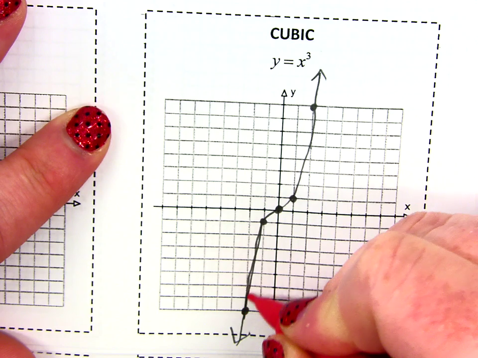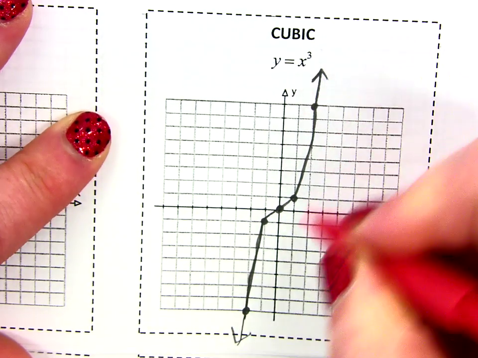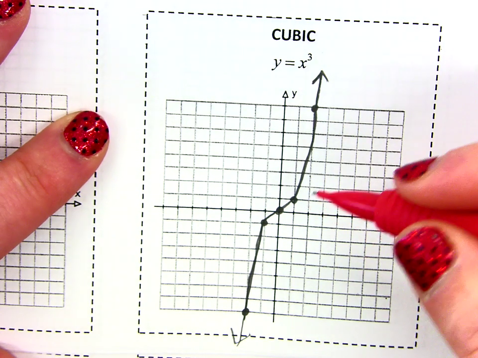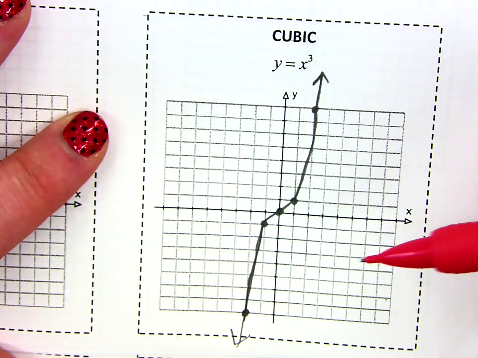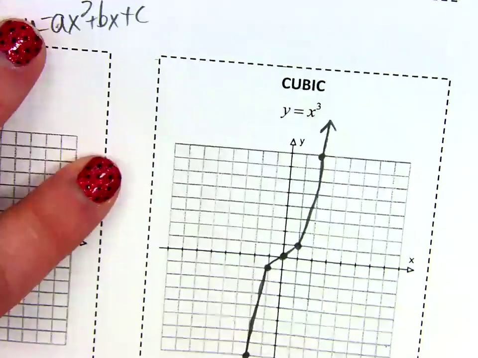So do you need to memorize this? No, but you need to be able to recreate this just like we did. Right? I don't memorize them. You could just very easily cube the numbers real quick. And there they are. So there's my cubic parent function. Okay, now, if you take a look at the back,